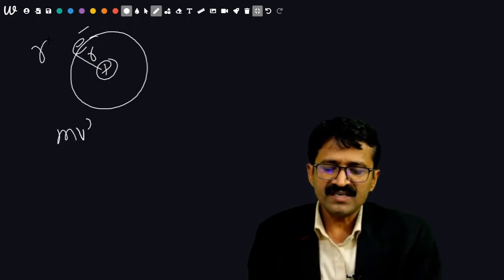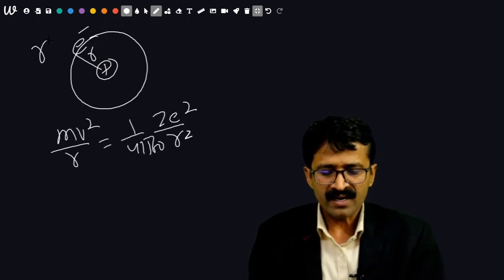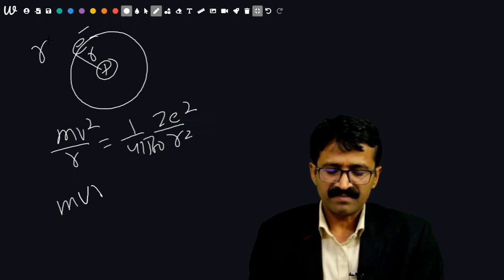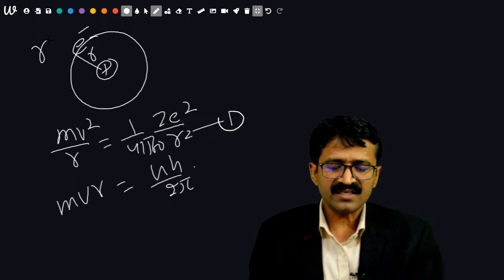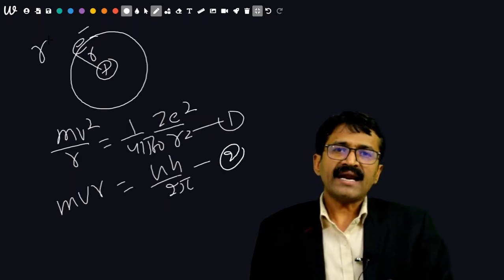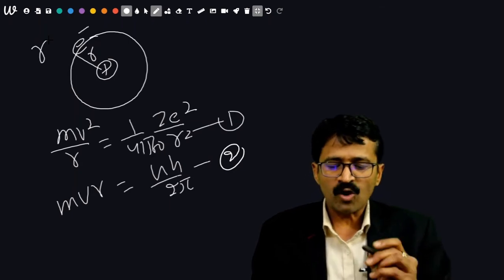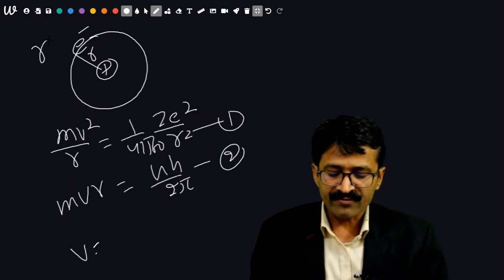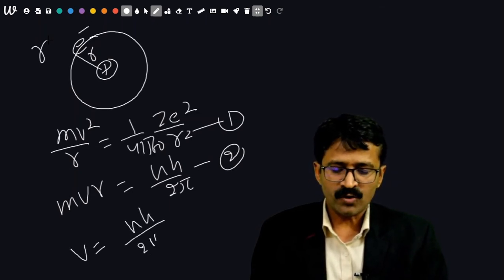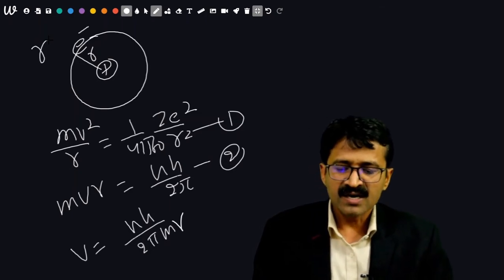First is mv square upon r is equal to 1 upon 4 pi epsilon naught Ze square upon r square, and the second is mvr is equal to nh upon 2 pi. This is equation first, this is equation second. You can eliminate one quantity which is not required, that is velocity, to find orbital radius. How to eliminate? For this purpose, you have to take out v from here, that is nh upon 2 pi mr,